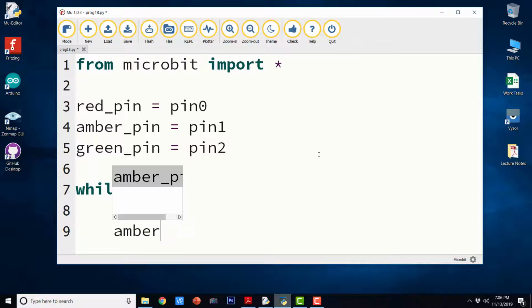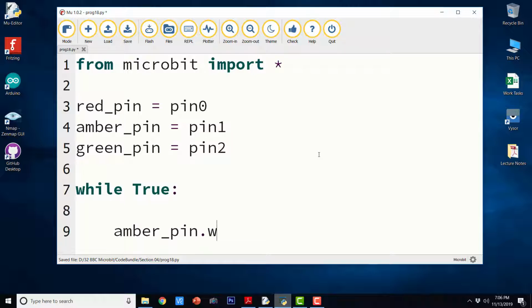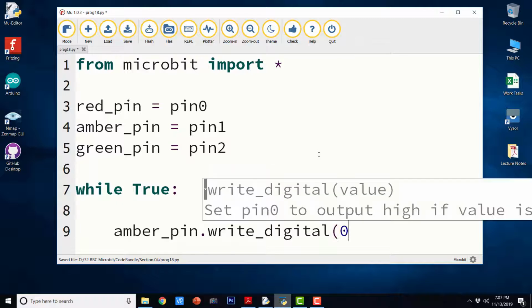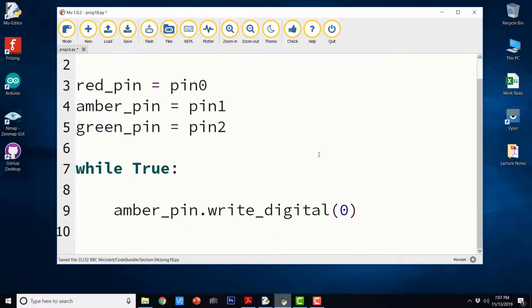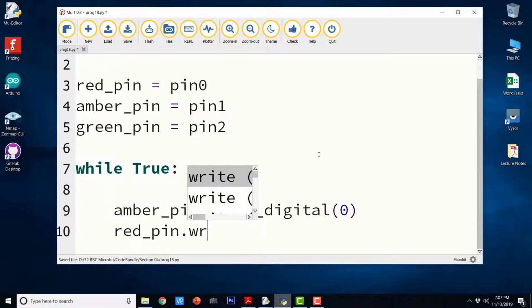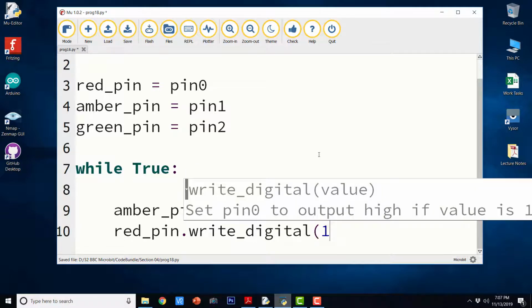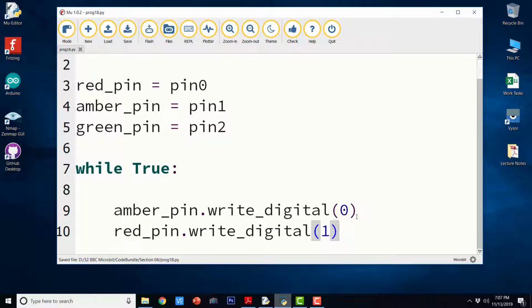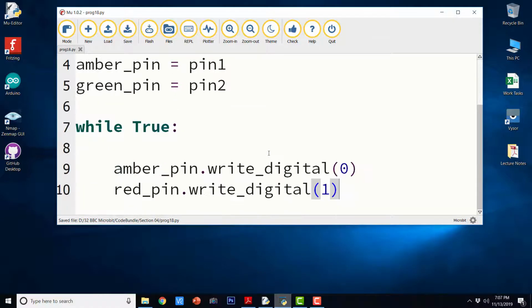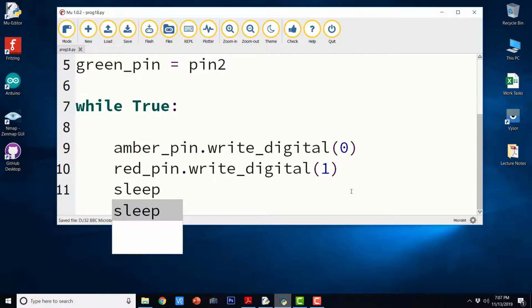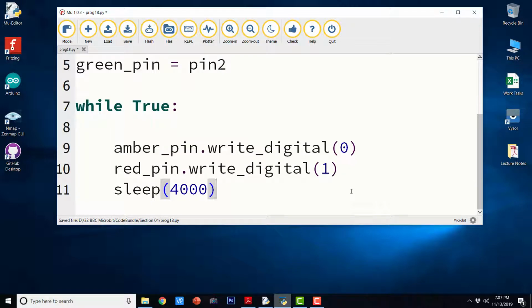So let's say amber underscore pin write digital, red pin write digital, and sleep 4000, that is 4 seconds.